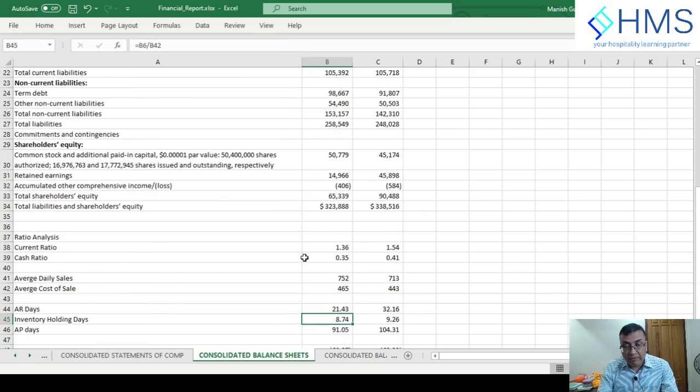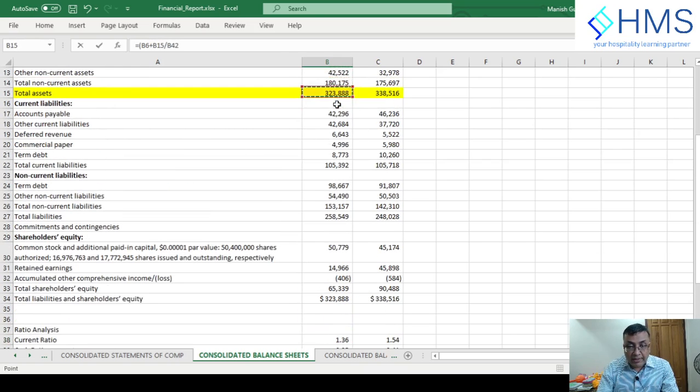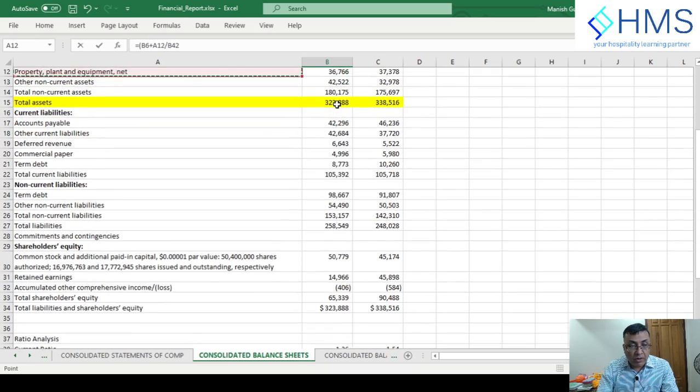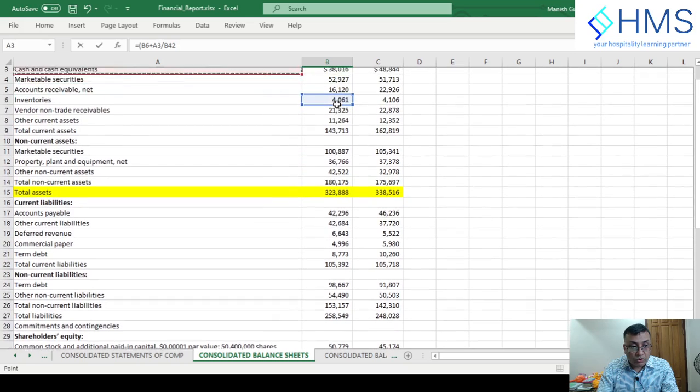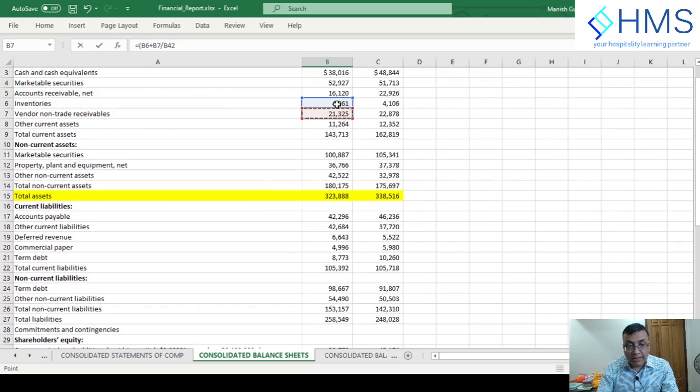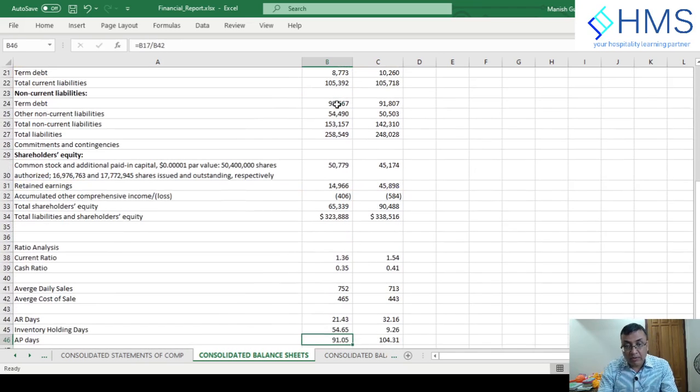So when we are calculating the inventory holding days, what we should actually do is add the non-trade receivables here. We need to add this one, right? Then you will be able to see the inventory holding days of the company is about 54 days and 60 days. It's not 9 days. So it's one way to hide the inventory, right? Because you have given the inventory to somebody and you are taking it out of inventory and putting it into other non-current assets,